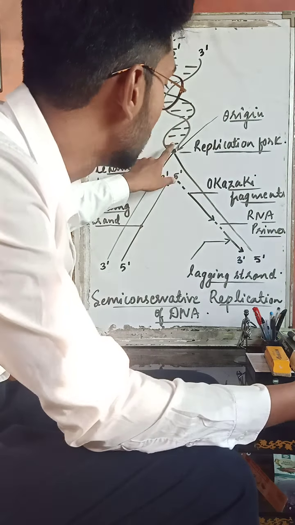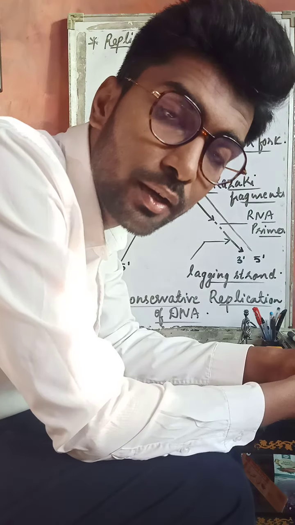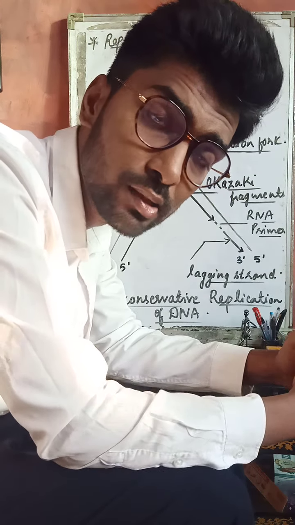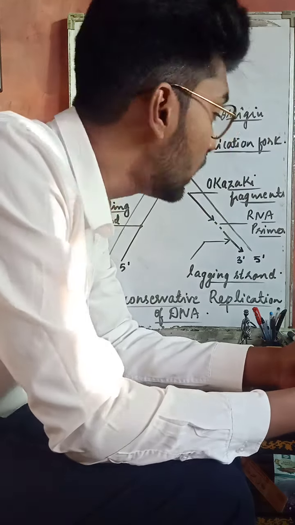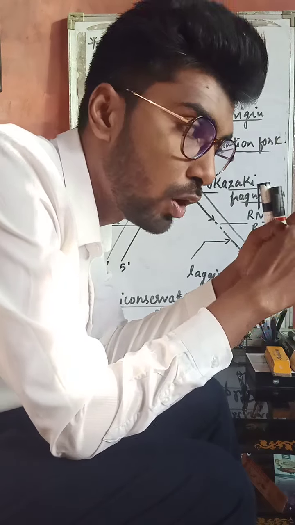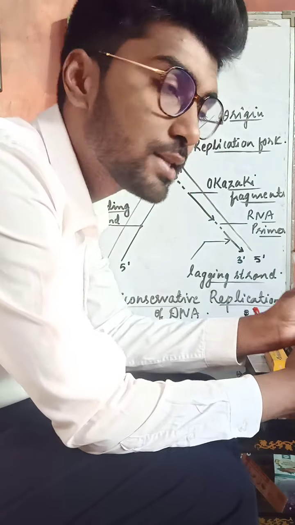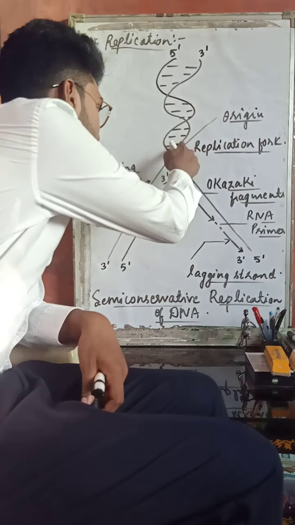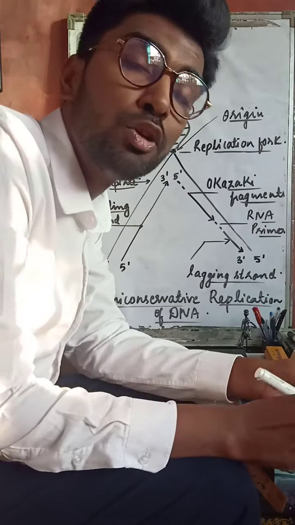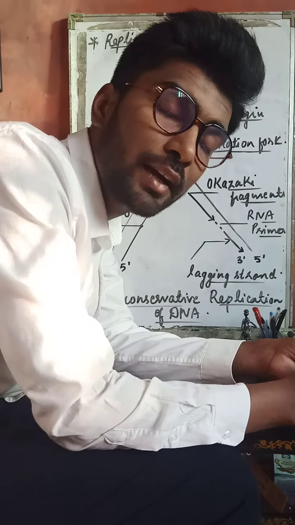The fourth step is unwinding of a DNA molecule. After the incision, the two strands start separating from each other. The unwinding of a DNA molecule is done with the help of the enzyme DNA helicase. DNA helicase is an unwinding enzyme which plays an important role in unwinding of a DNA molecule. Now the two strands are separated from each other. This strand will go in this direction and this strand will be separated in that direction. The two strands of a DNA are separated from each other by an enzyme called